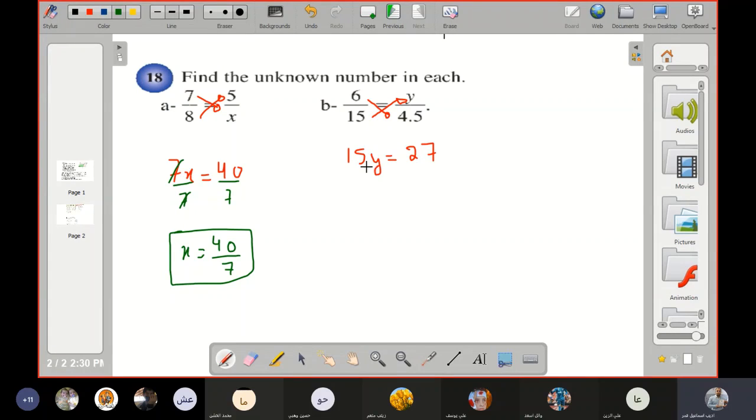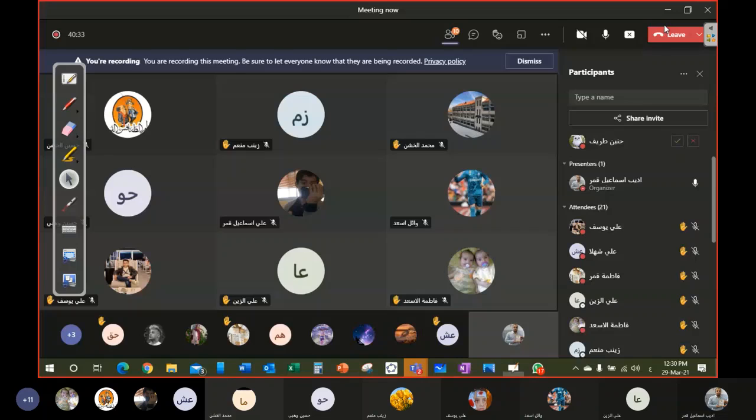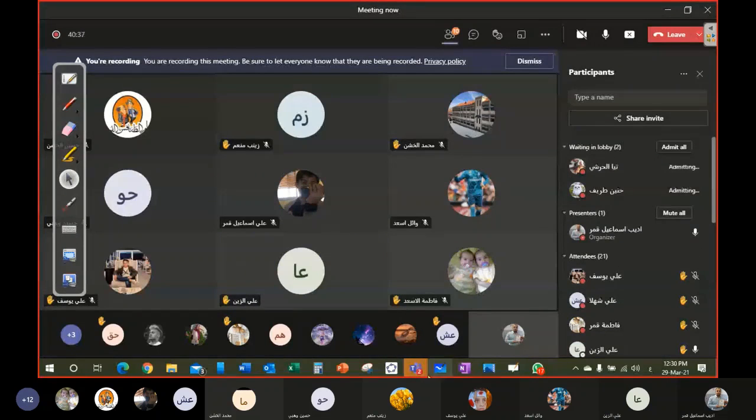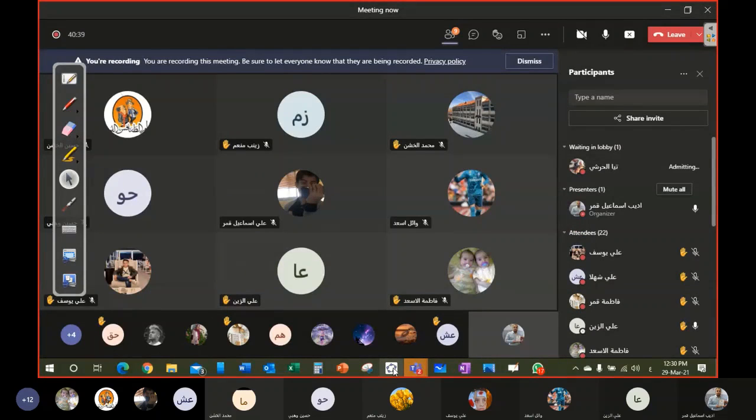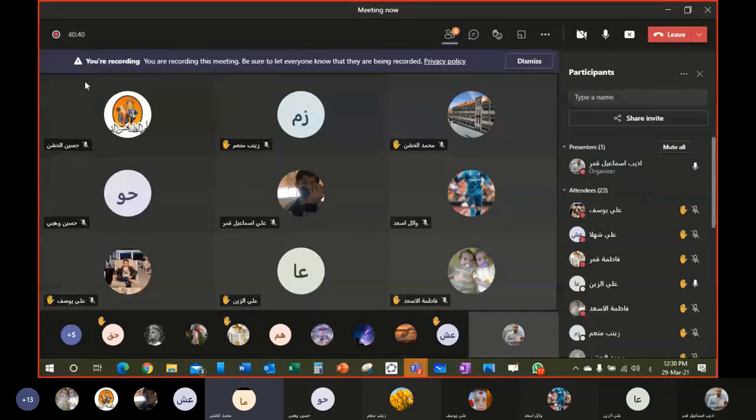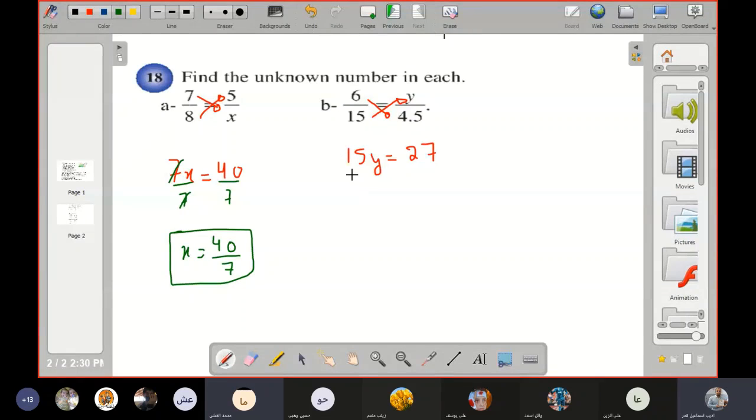What is the number in front of y? 15. So we divide both sides by 15. 15 with 15 simplified, we get y equal